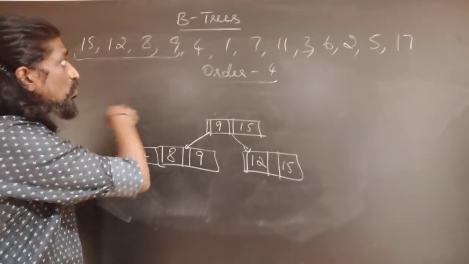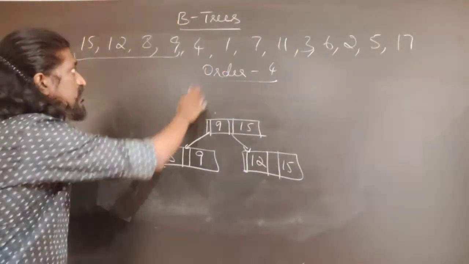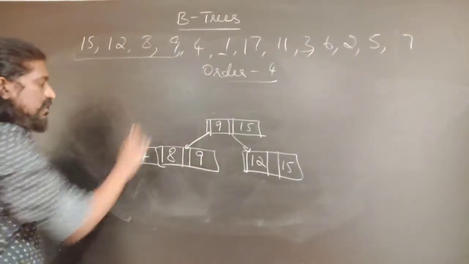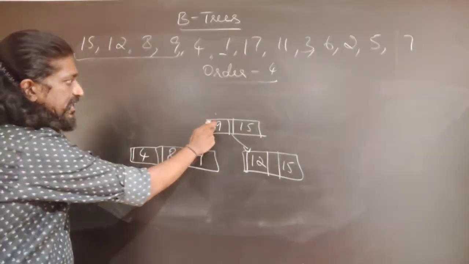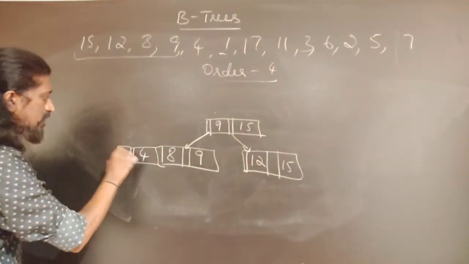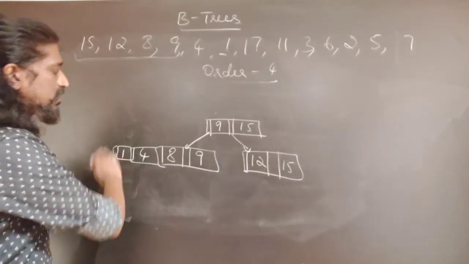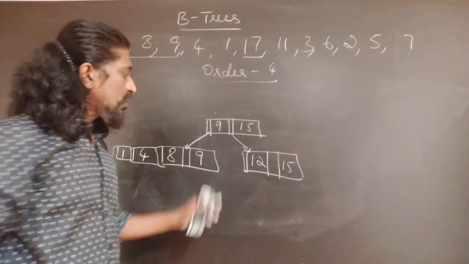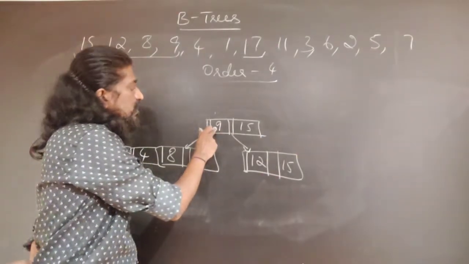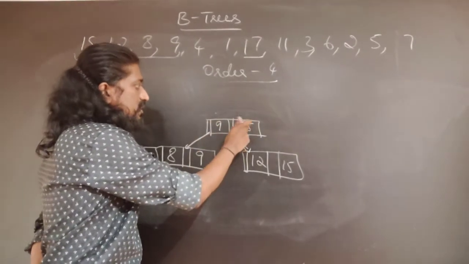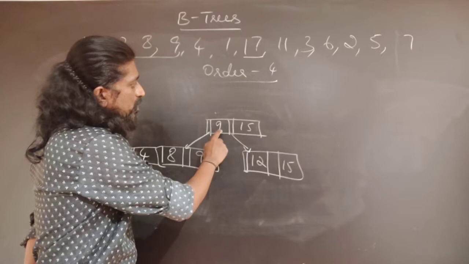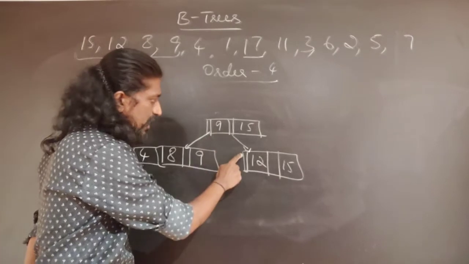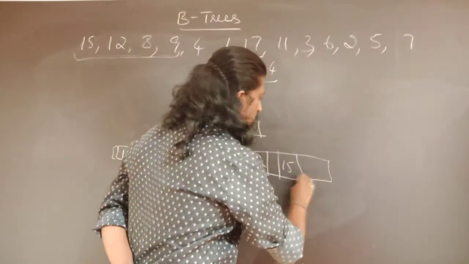Now suppose the key that we want to insert, okay, once again, next we will take key number 1. Let me take this as 17 and this as 7. Okay, so next I want to insert 1. When I want to insert 1, once again 1 is less than 9, it will come here. So 1 happens to be the first key in this particular node. Okay, the second case. Now let us take 17. When we want to insert 17, we will find that 17 is greater than 9. We will come here, it is greater than 15 also. So therefore, greater than 9, it has to be present in this particular node. So we will come here and we will insert 17 over here.